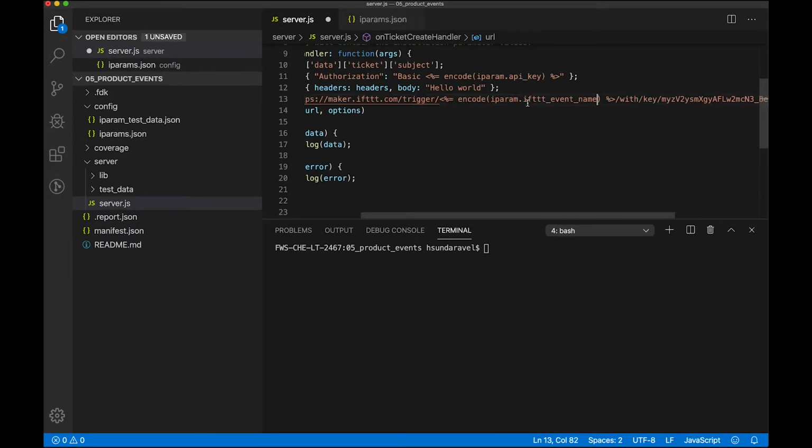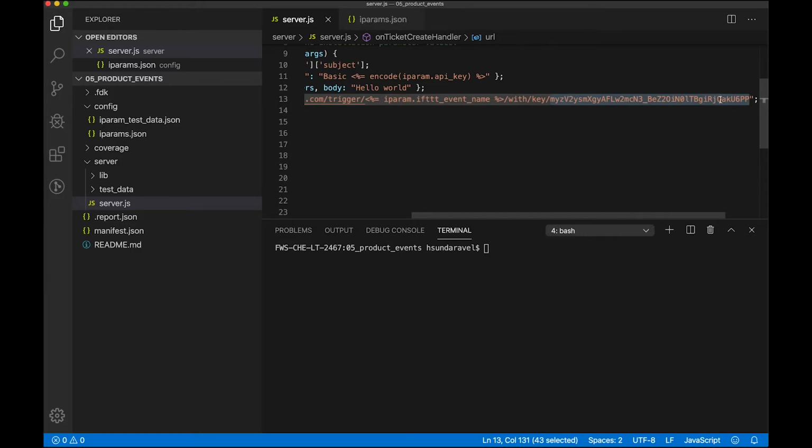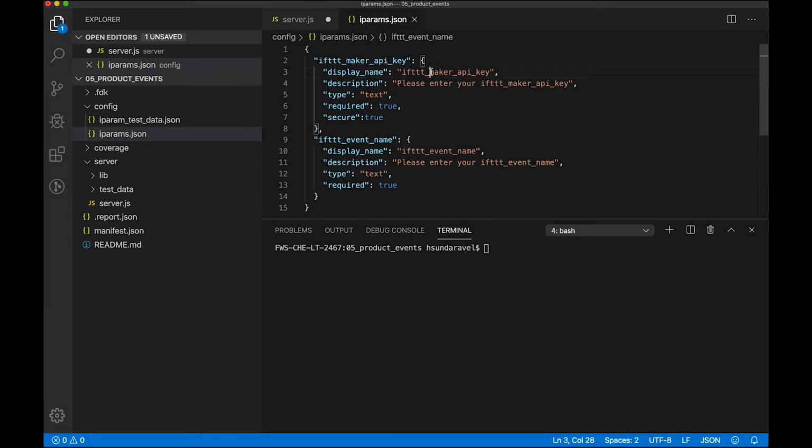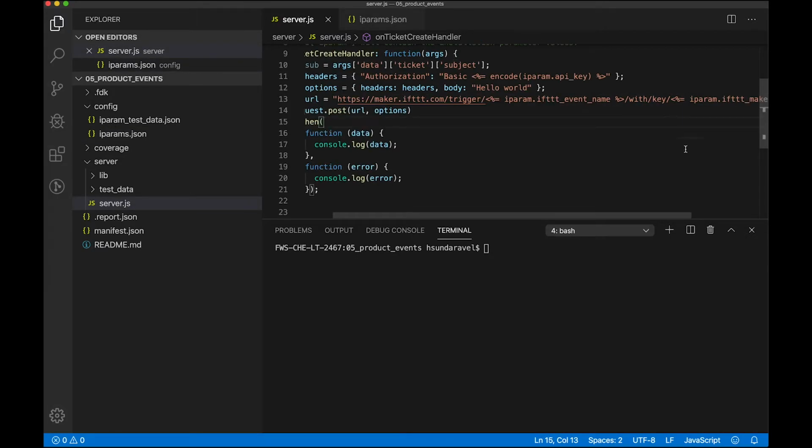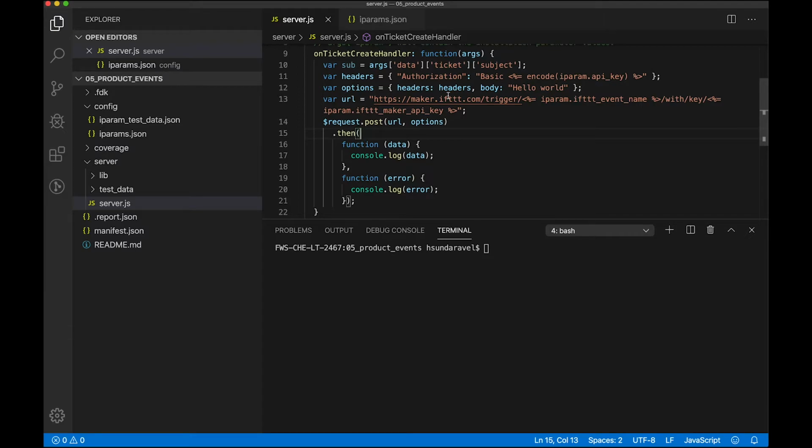key, this thing. Just remove the encode, not required. It's the key. Let's remove it. Now we have the, let me overwrap this. Now we have the event name and the API key, and we don't need the authorization in the, now here we just